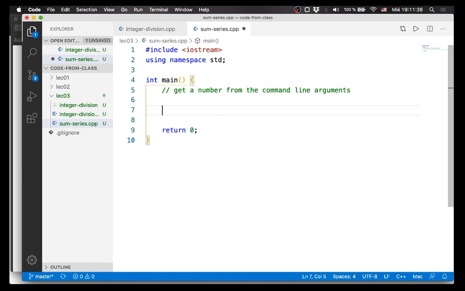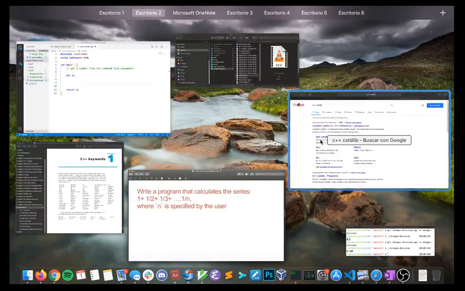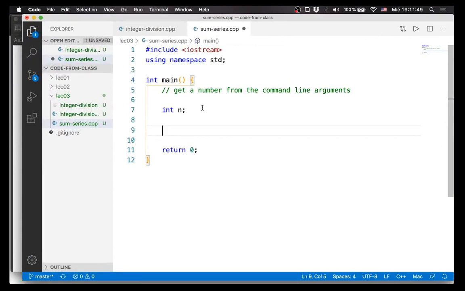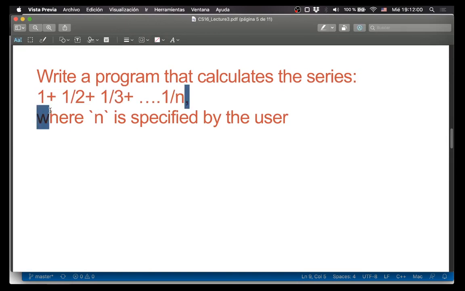Then we'll have that number, let's call it int n. We'll get that in some way. And then we need to calculate this series using a loop. Okay, and we'll have to figure that out using a loop. And I think it'll be a good idea to make a variable that holds this result, because